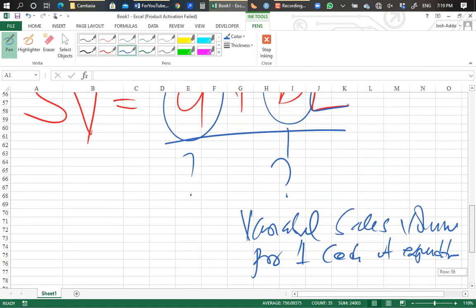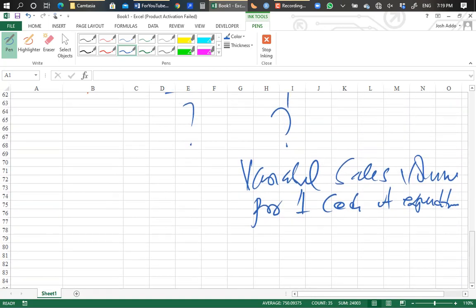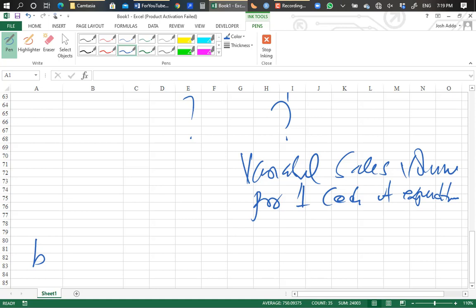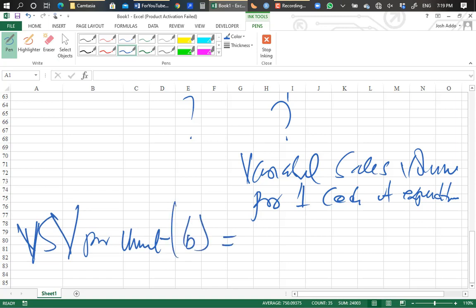So let's go, according to the high-low method, to the determination of B, which in this case is the variable sales volume per unit. Okay, so you should understand I have to use some shortcuts. Let's make it V: variable sales volume per unit, in brackets B, is equal to... and before I write this formula,